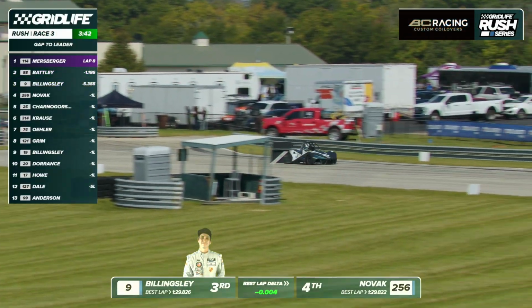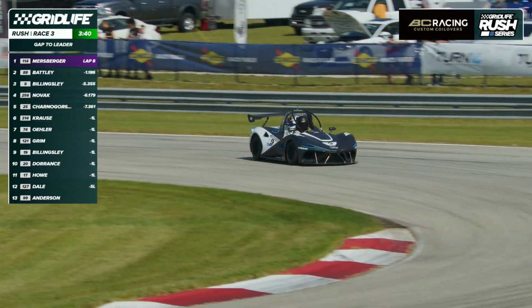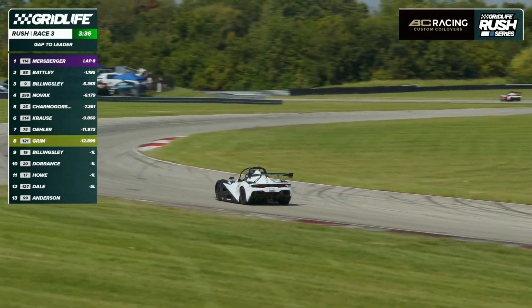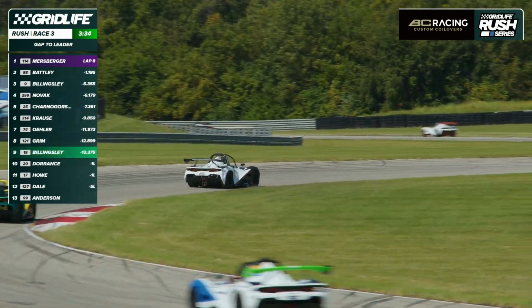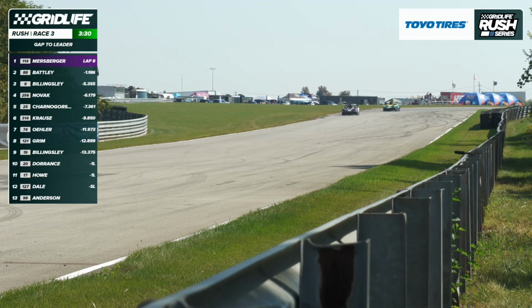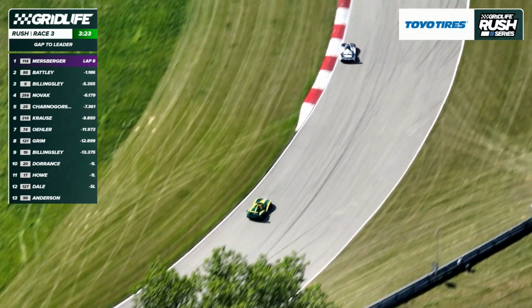Look at their best lap delta. Wow. 0.004 between them, between Billingsley and Novak. They're very evenly matched. That one mistake from Novak ended up costing him about 0.8 of a second. And that's the thing, right? You talk about race pace versus hot lap pace. Within 4 thousandths on the timesheets, but if you lose 0.8, driving a little too ragged,